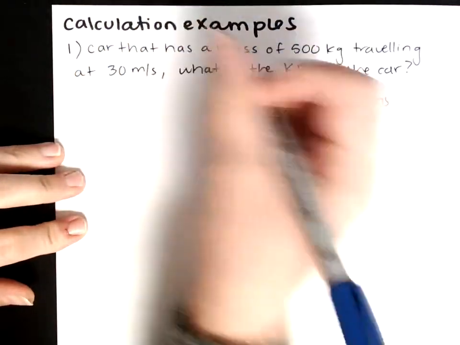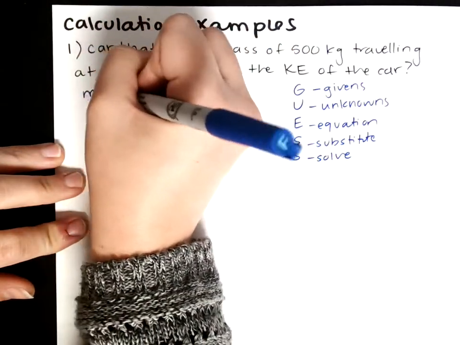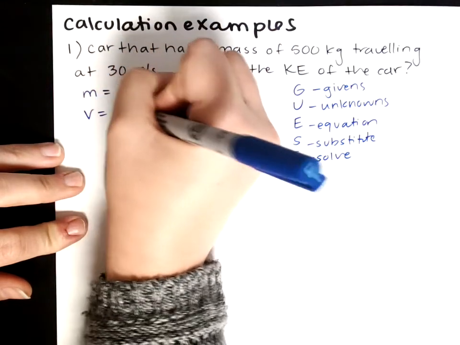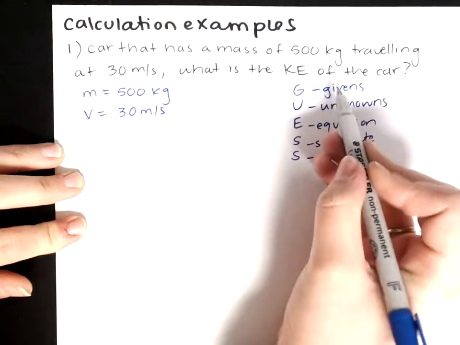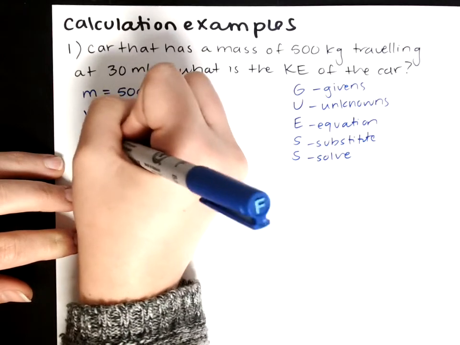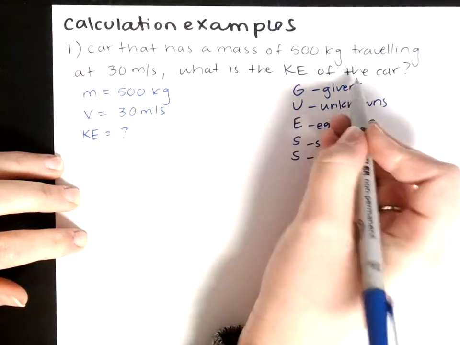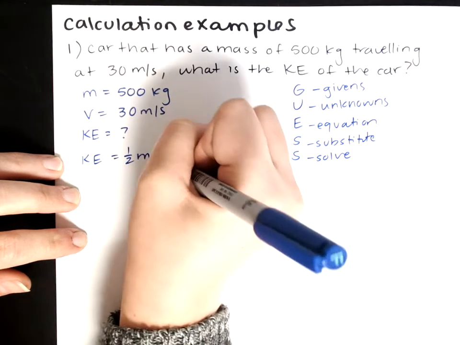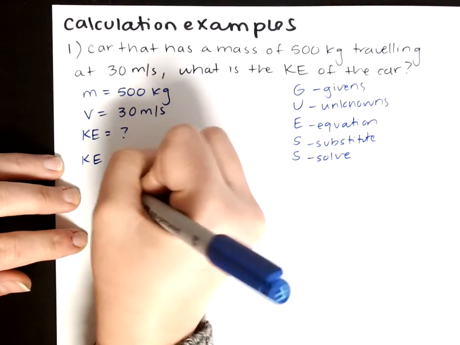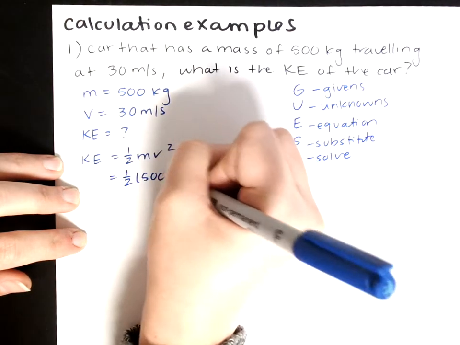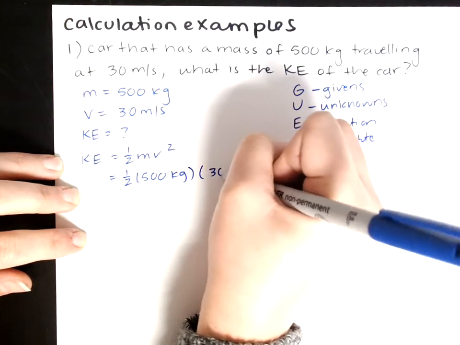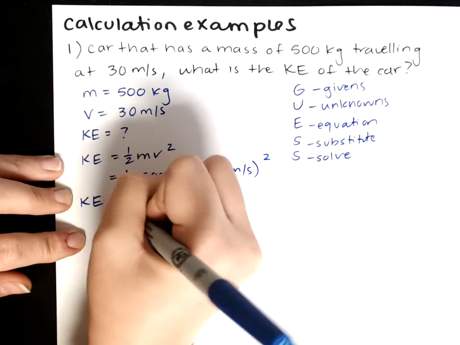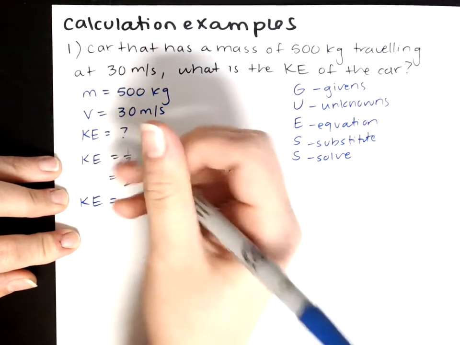So our givens are, well, 500 kilograms, that's m. 30 meters per second, that's its velocity. So we just wrote the givens. Our unknown is KE. That's what's in question. And our equation is KE equals 1/2 mv squared. Substitute 1/2, 500 kilograms, 30 meters per second. Make sure we square that value. And you should get a kinetic energy once we solve of